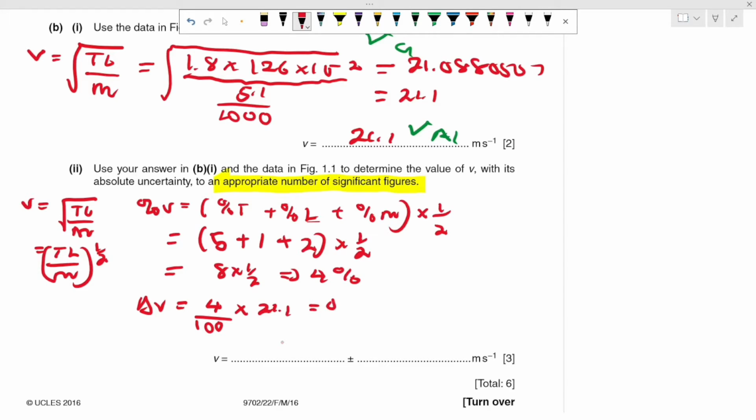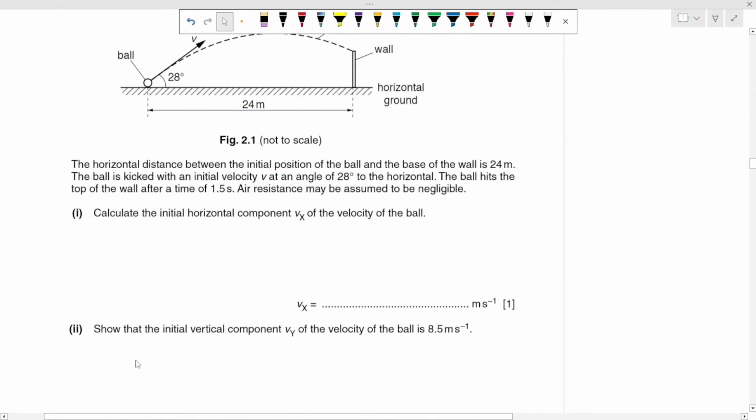That's going to give you about 0.8435. Remember my rule, I always say it to 1 SF, so this is going to be 0.8, right? So 0.8, and the value of V would respond to that uncertainty, so the value of V would just be 21.1, right? Question 2,